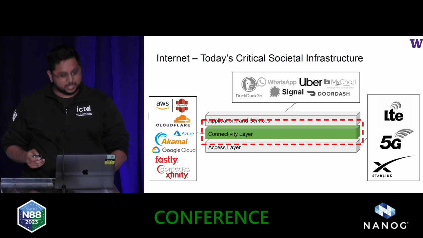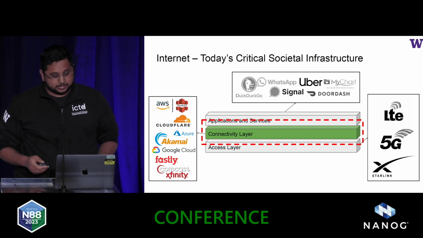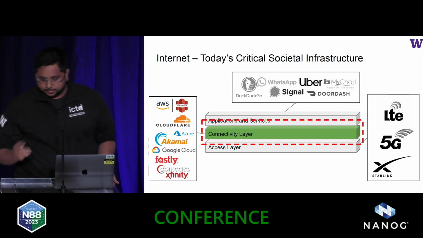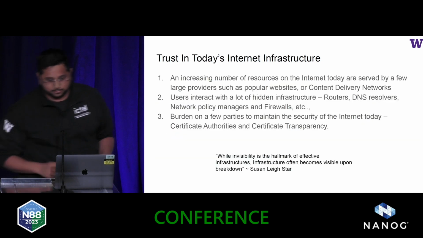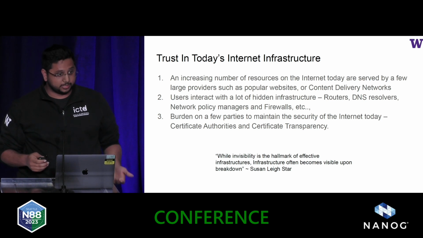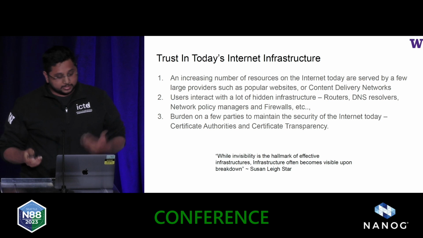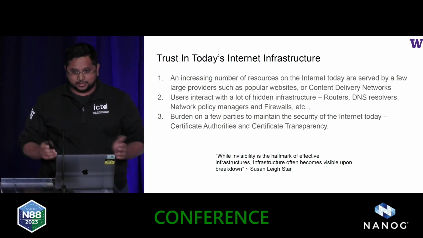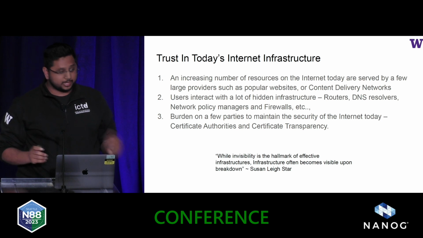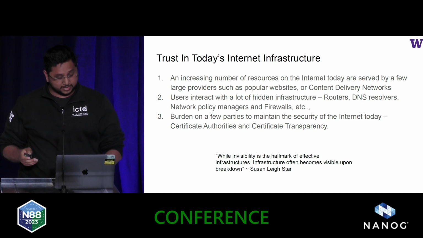So there's a large number of nation-scale network operators who handle and control a majority of the internet traffic today. And users also interact with a lot of these services, either knowingly or unknowingly, and place a lot of trust in them. For example, DNS or the routers that they're sending their traffic through. And while my thesis work focuses on the different infrastructure components that build the internet, today I'll focus on DNS and its ripple effects on page load time and page load events.